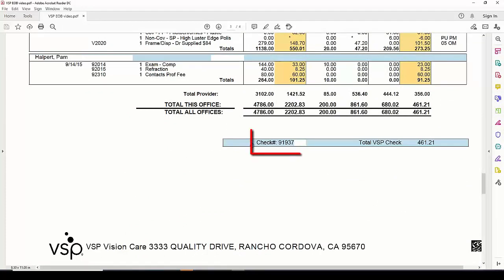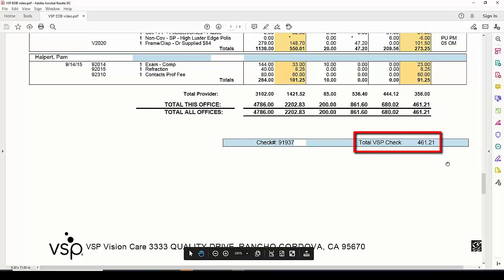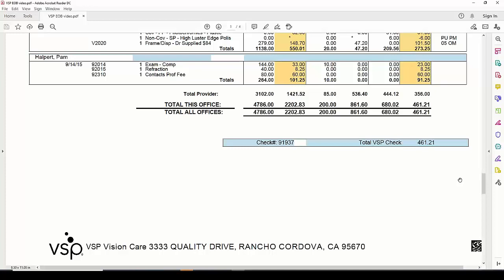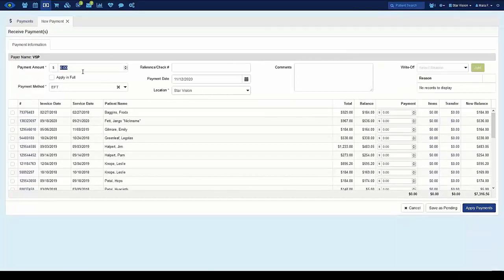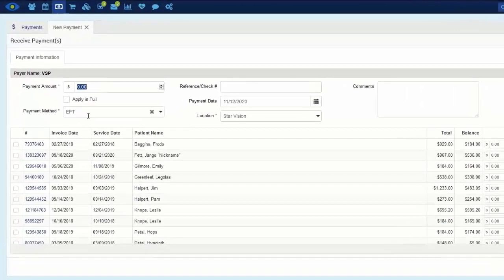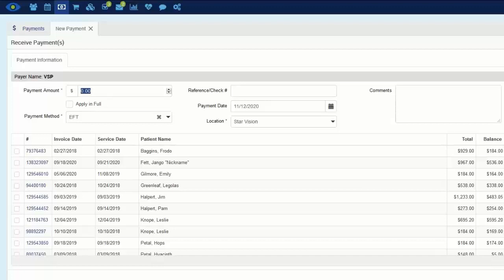Here we can see our reference number, so we have received a check with our check number, and this is our total payment amount that we are receiving. We are going to take that information and bring it over to our payment in Revolution EHR. In the top left, we're going to put that full amount we're receiving from the insurance company,